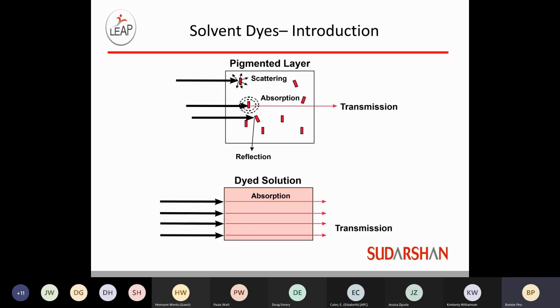And that physical solid particle will always scatter, absorb, reflect, and then ultimately transmit the light through that particular specimen to provide that color. Compare that to a dyed solution or part where there are no physical particles to interrupt that light transmitting through the specimen, so that all of that light is transmitted through the part, and you see